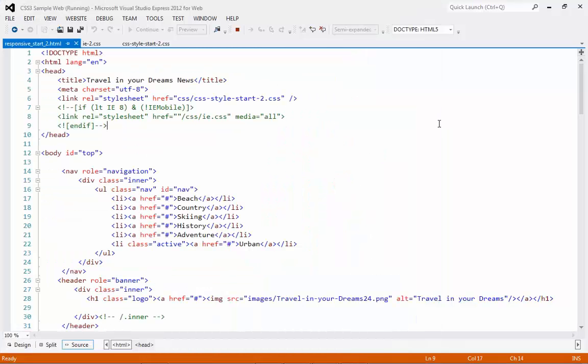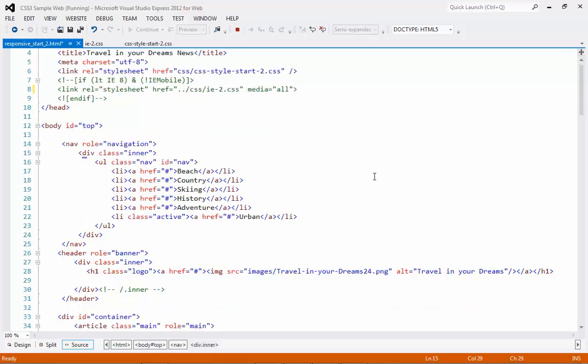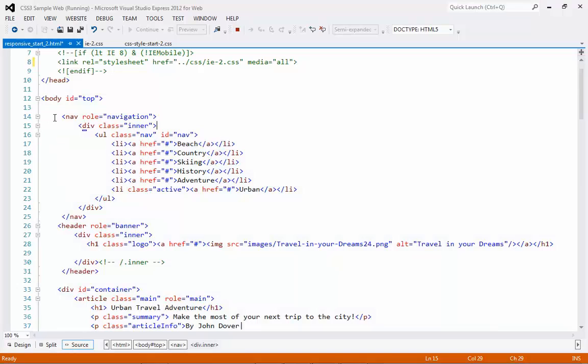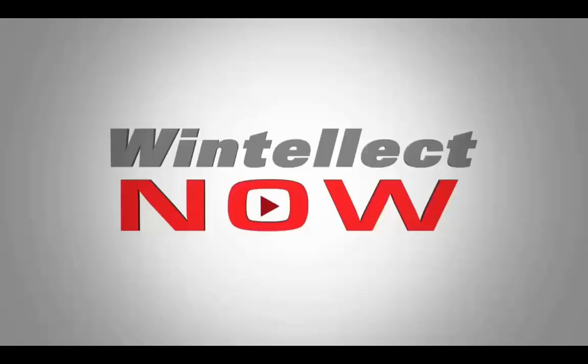If I jump over to the HTML, you'll see that I've gone ahead and put the code for Internet Explorer 8 and earlier in the head of the document, pointing to a style sheet that we will call IE-2. And then if you take a look at the actual code, at the top of the page I've added a section using a nav tag, and I've used the attribute